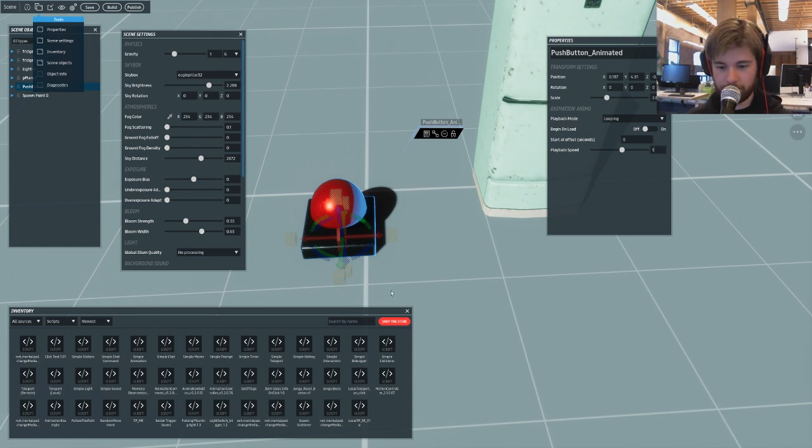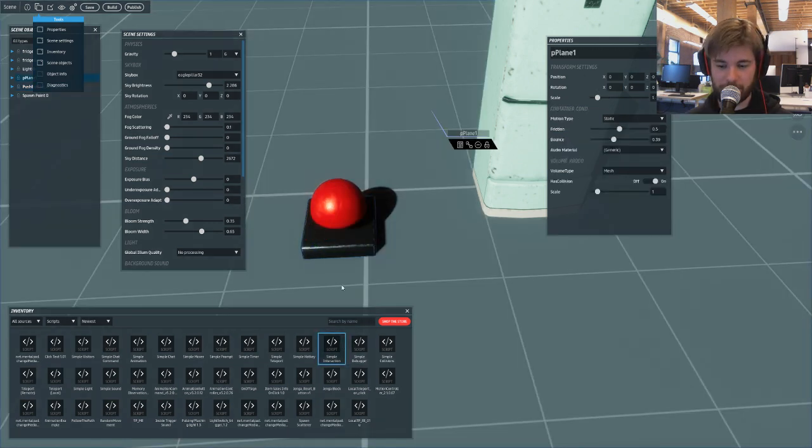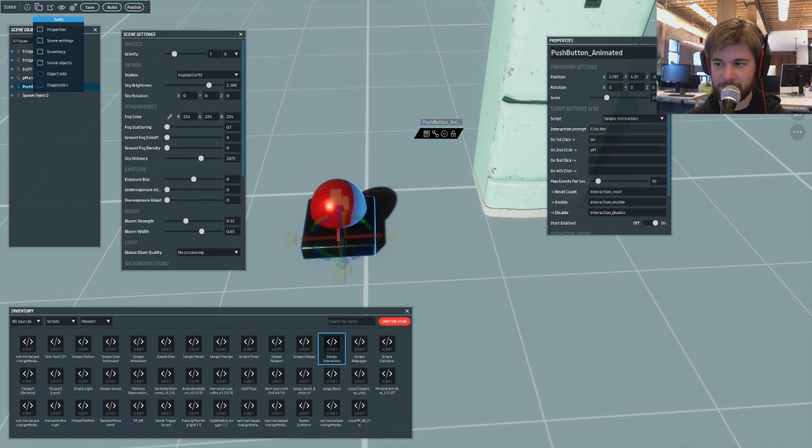Cool. Right. Simple interaction script. This one right here, dragging it onto there. So that's the script set to. It will say click me. Let's change that to open sesame. Sesame's open. And we're going to turn